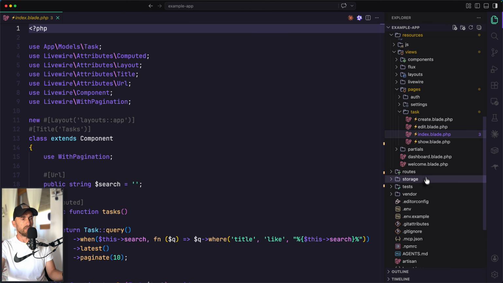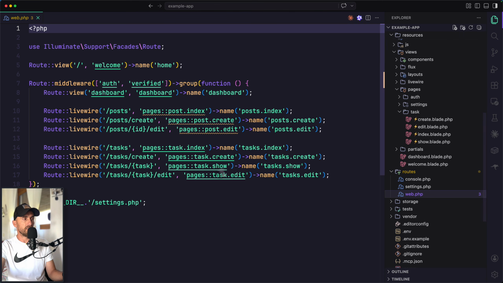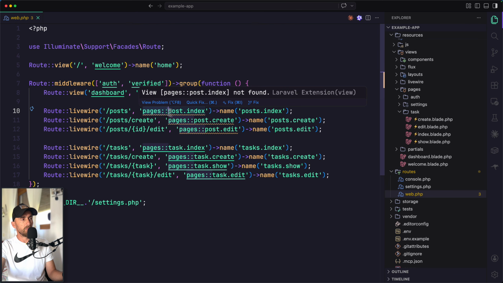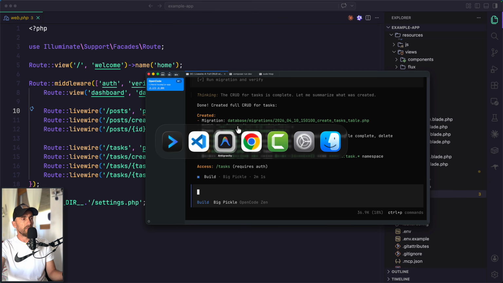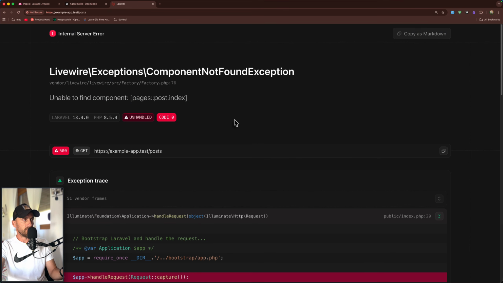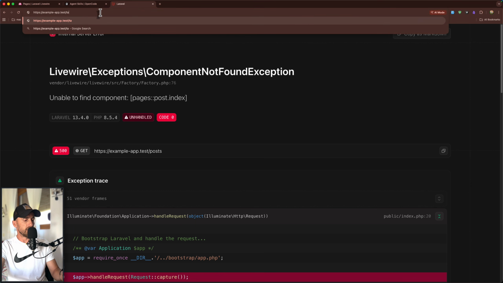So let's go to routes, web PHP, and we have tasks using the pages. Look how good, pages task index, because here say livewire/posts and then pages post, but we don't have this. For that we have this underline error and done, so created successfully. We are going to see if we come here. Pages post index, you can see we don't have, but if I go to tasks,